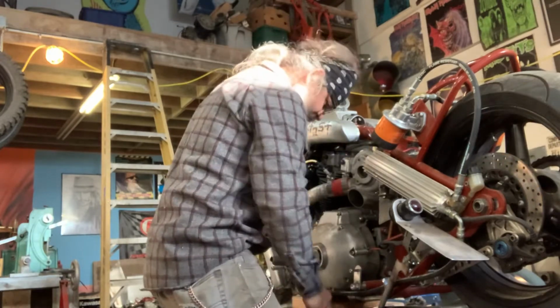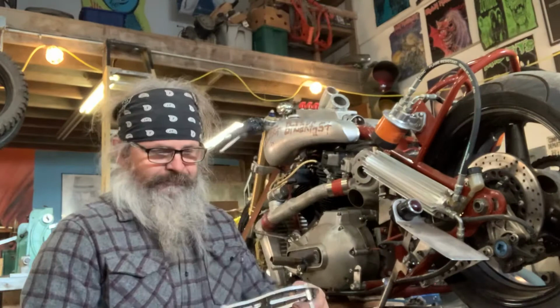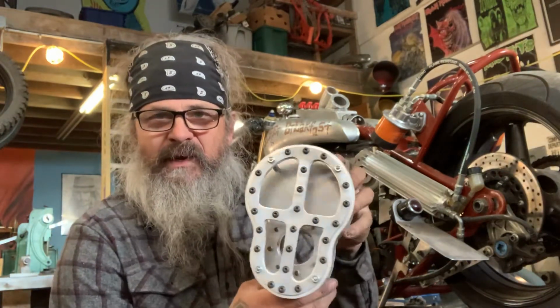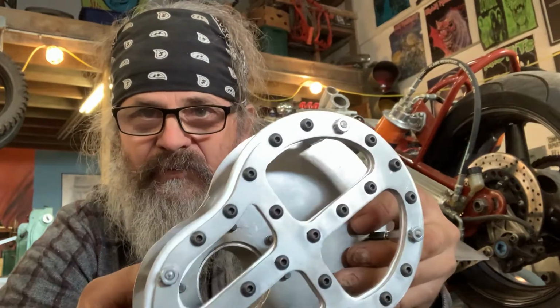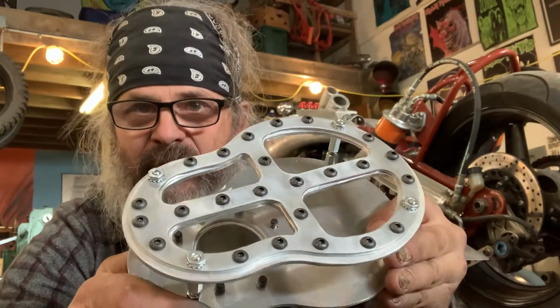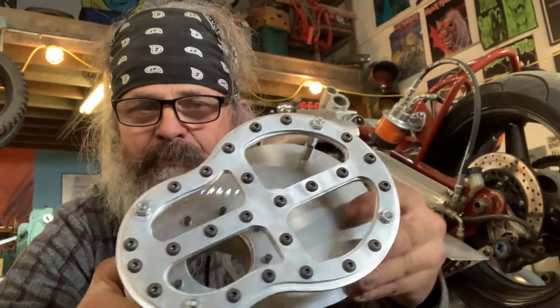the problem is when you get, see, like here, the two faces are bolted together. Well, I didn't count all these bolts, but there's a shitload of them. So